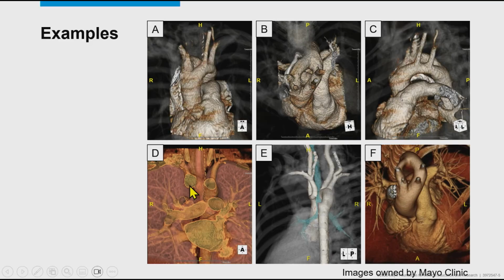That's not to be confused with a cervical arch, because the right aortic arch is always going to be a little bit higher than the left aortic arch. A true cervical arch is when it goes all the way up into the cervix, meaning the neck. So this is certainly not a cervical arch.